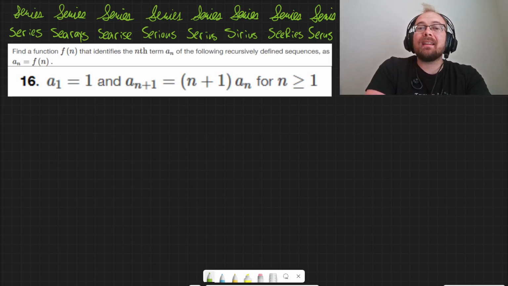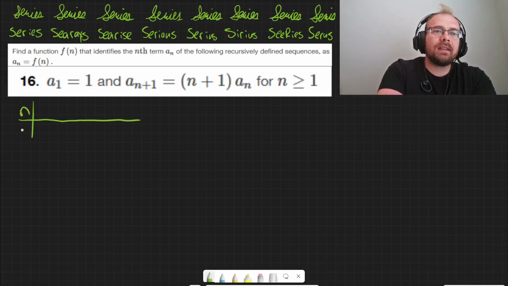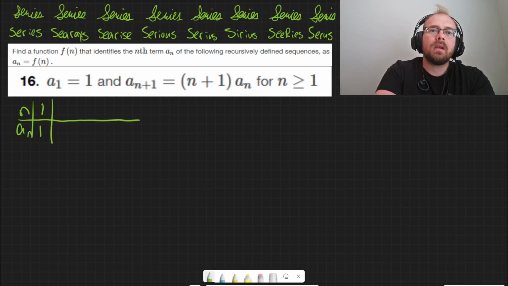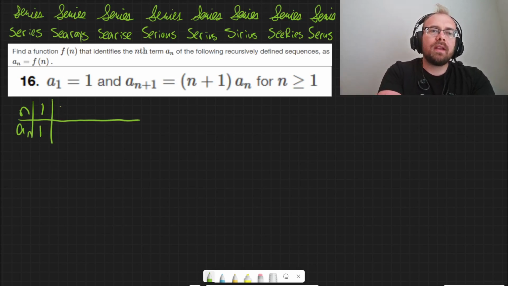We're finding an explicit formula, either an arithmetic sequence or a geometric sequence or some other kind of sequence, that allows us to say, okay, when n is this, a sub n will be this. So if that's the case, then it shouldn't be too crazy. So let's see here, n and a sub n. When n is 1, a sub 1 is 1. And then here it's saying a sub n plus 1 is equal to n plus 1 times a sub n. Okay. Well then if n is 1, I plug in 1 here,